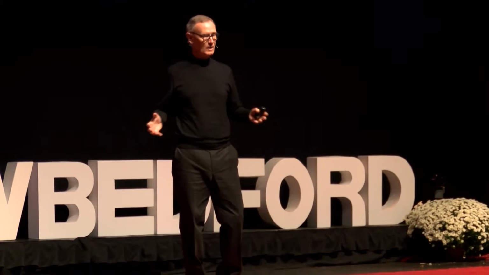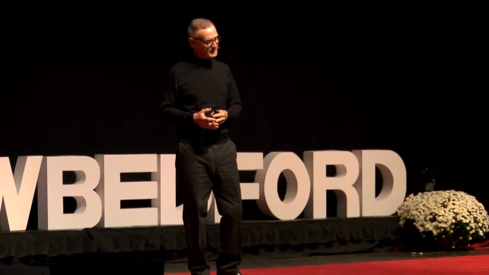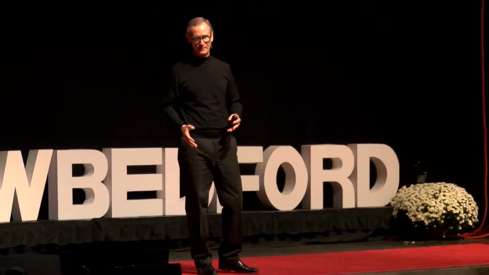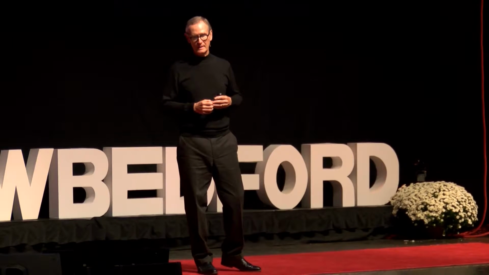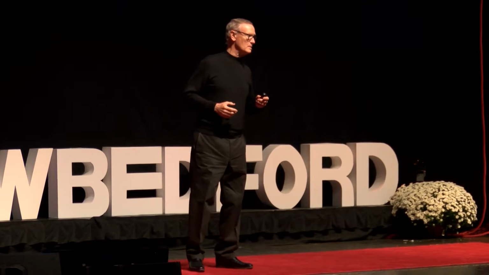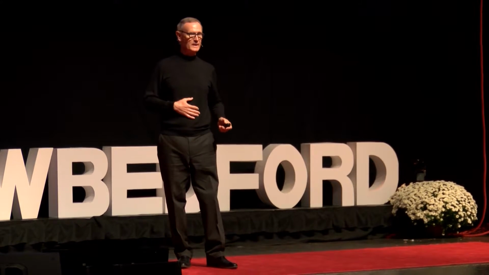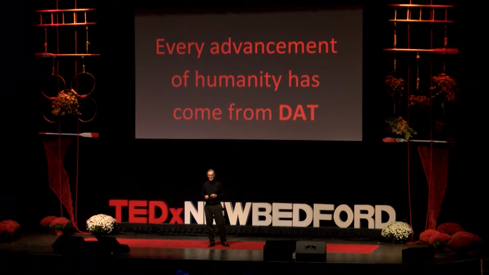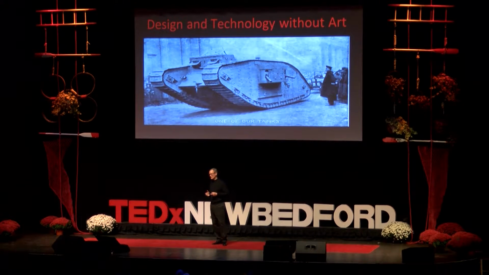This Museum of Islamic Art is a place where all of those questions come together in examples through the Islamic cultures. Now, Qatar, which was a Bedouin society, had very few of these things because everything they owned that was important was carried on their backs. They were constantly moving as Bedouins. These objects that come from all over the world represent their culture's greatest aspirations that can serve as examples for the future. So every advancement of humanity comes from DAT. Every advancement comes from that combination of those elements and enriches people's lives during that time.